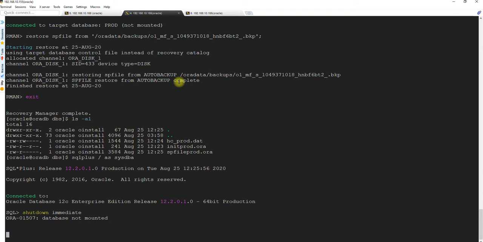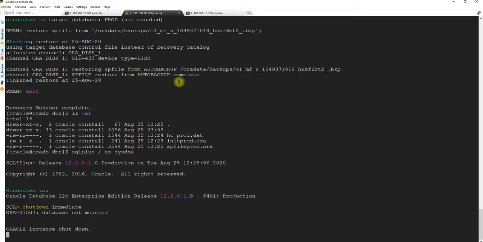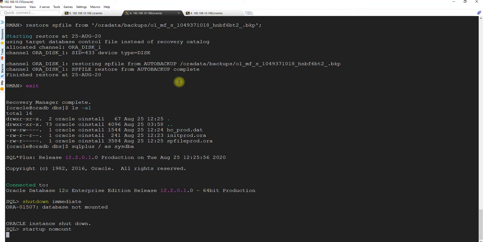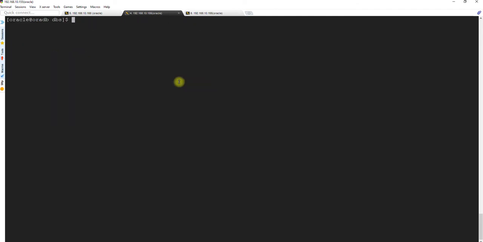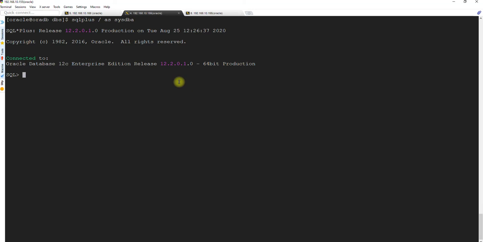That is what we needed. That's the reason we restored, right? Good. Startup nomount. I will exit and I will clear the screen and then connect back.